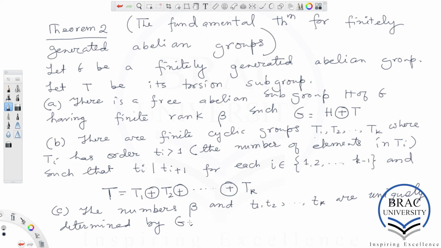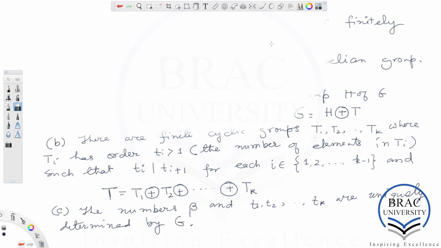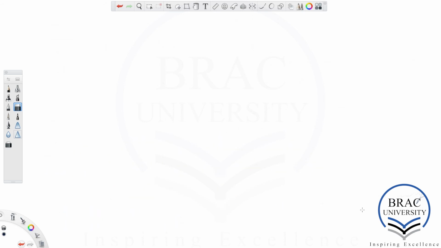Okay, so these are the three parts of this very important theorem. Then we have a few comments on this theorem.